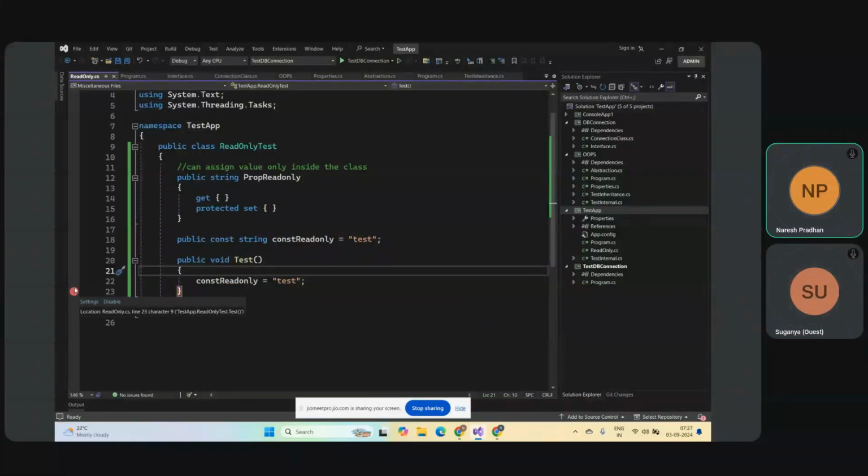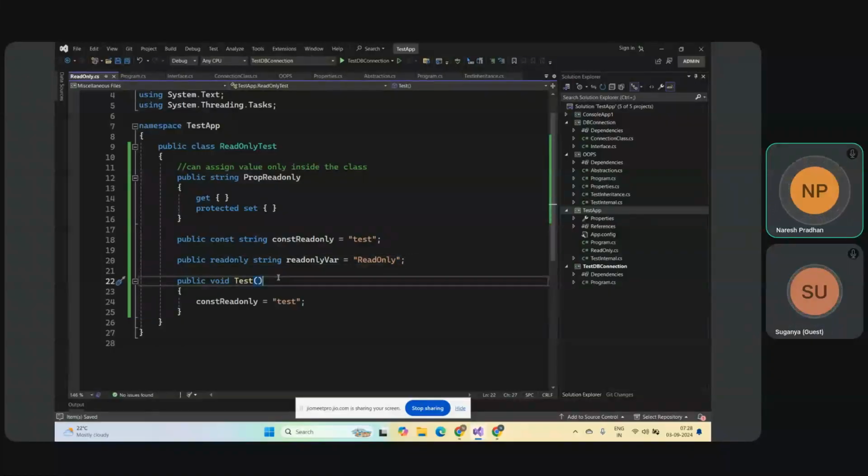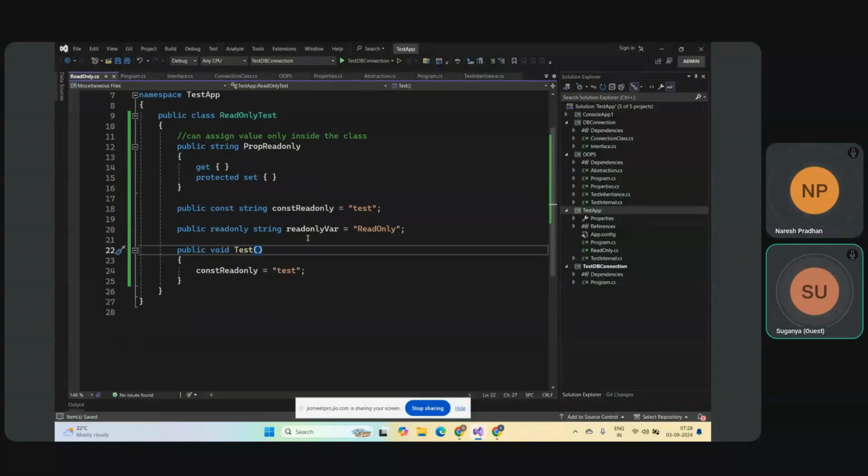I'm not sure why it is not giving one. Okay, first we'll write, then we will compare. Then there's something called read only. Public read only, read only variable. So fine. What happens is sometimes